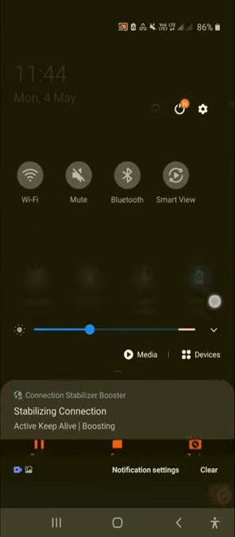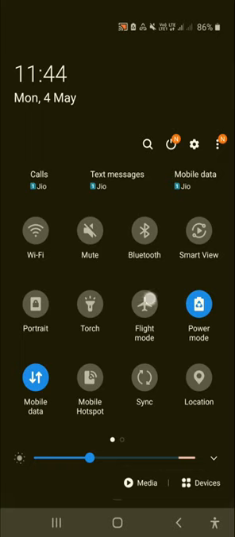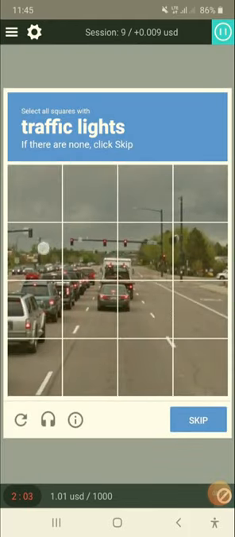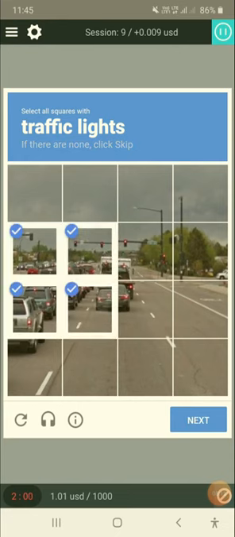I'll tell you the last trick. Still, if you are getting slow speed, there is a very simple trick everyone knows: just switch on flight mode, that is airplane mode, and switch it off again and again, very often. Many times if you switch on and switch off airplane mode, your network will be very fast. So always switch on and switch off airplane mode often. When you are getting a slow connection, just switch on airplane mode, you will get pictures very fast. That is the main trick.